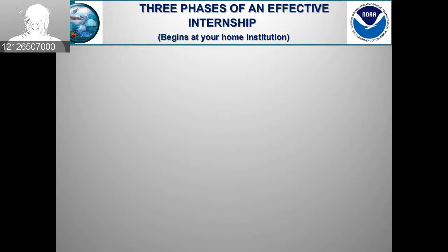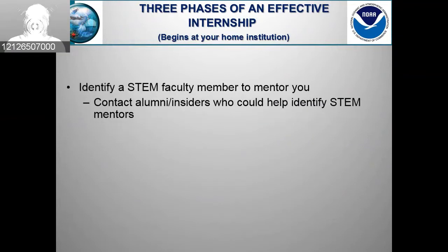And there are three important phases of internship, and it all begins from the home institution. You have to connect your major, your degree to what NOAA would be doing or what you would be doing in NOAA. So it is important that when you write an essay or you start thinking about this as a potential NOAA scholar, that you identify a faculty member. It would be very important to know that when you come back after your summer experience, you can continue working